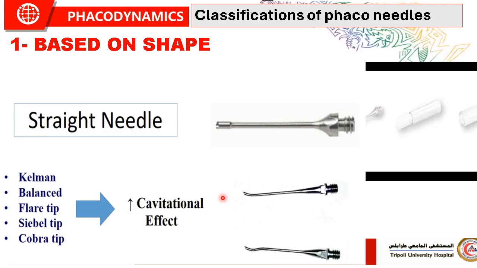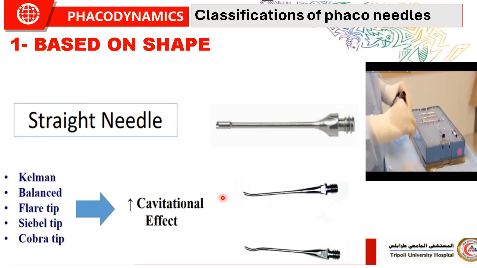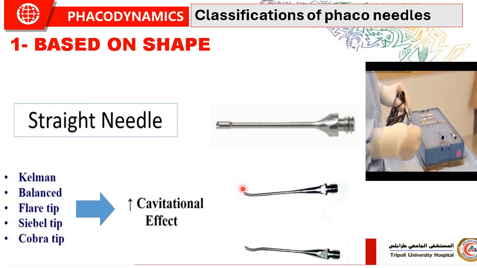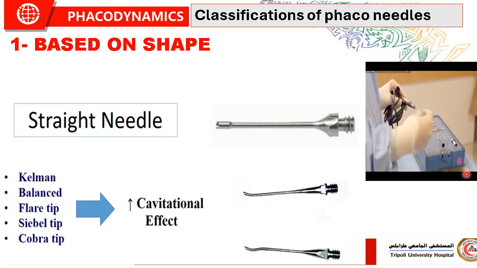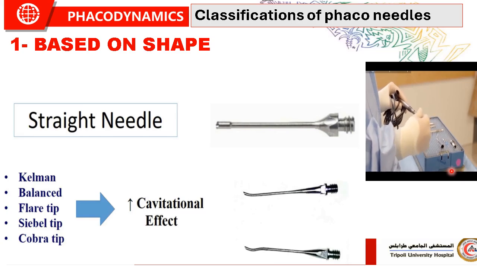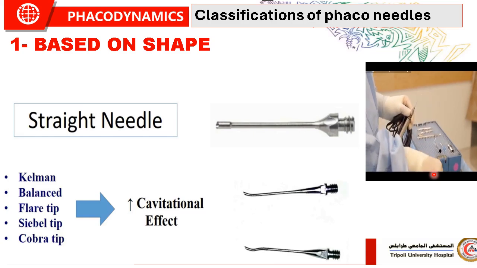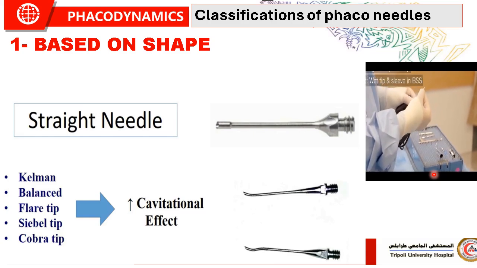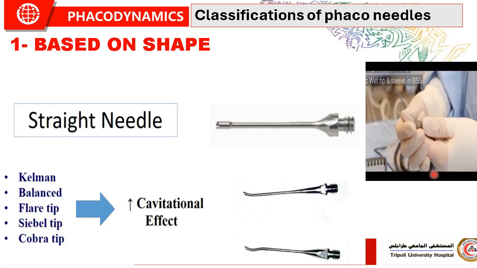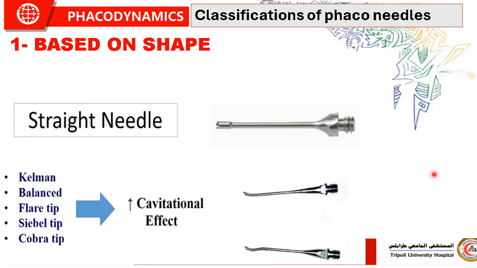Now, in this animation, I will show how this needle is attached to the phaco handpiece using the wrench, and the needle should be tightly fixed to the handpiece. Otherwise, the ultrasound energy will not be transmitted properly to the phaco needle. And as I said before, it should be covered with the phaco sleeve. For each size of phaco needle there is its own special phaco sleeve, because the relation between the sleeve and the phaco needle is very important here to avoid the heat production, as well as protect the wound from the